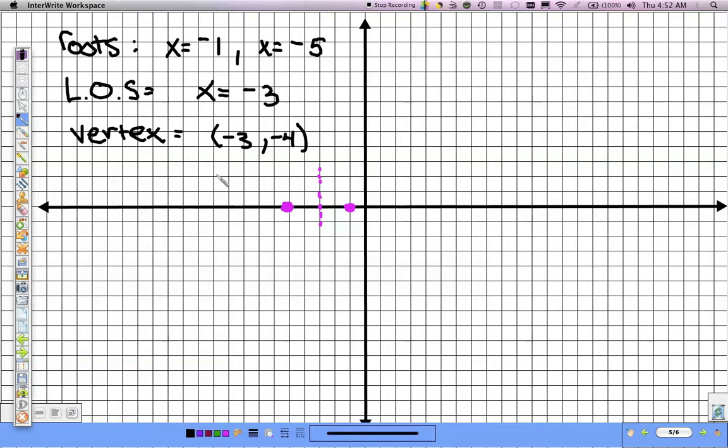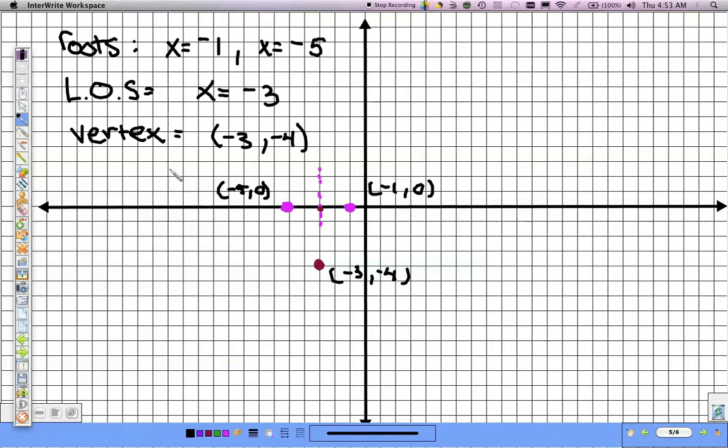So the next thing I want to graph is, graph it in purple. Actually, I want to label this graph. So this point is (-5, 0), and this point is going to be (-1, 0). Now I just also want to graph the vertex, so that's (-3, -4). So I know that this is x equals -3, and count down 1, 2, 3 to -4. And this right here is going to be my vertex, my turning point. And I also want to label that as